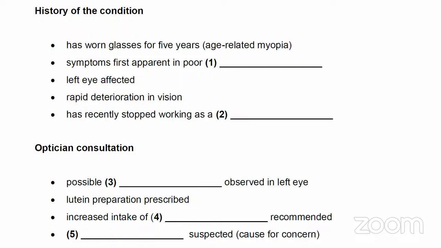I started getting short-sighted about 5 years ago, soon after I retired, so I had to get glasses for that. But with this latest problem, I realized that my eyes had got much worse quite suddenly. What happened was, I was walking home at dusk one evening. It was getting dark and there wasn't much light, and I suddenly realized that I was struggling to see where I was going. And that wasn't all. I noticed I could see much better out of my right eye than I could out of my left. It was all a bit worrying.